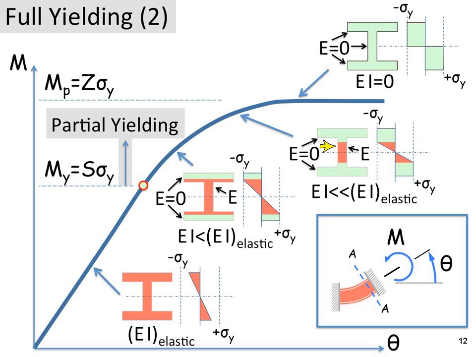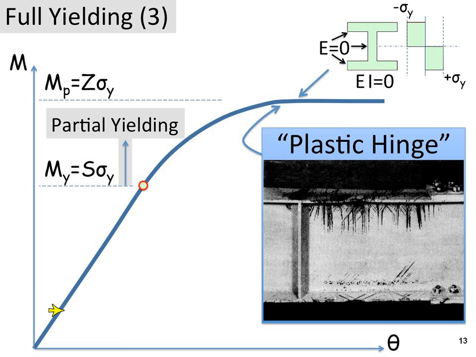Eventually, once we lose those flanges, it's quite a hit, so we've lost quite a bit of stiffness now, but eventually we'll completely squeeze out all the elastic strength of the member, and we'll get full yielding. And at that point, according to our assumptions that we're not going to include any strain hardening, we basically have no stiffness left. And with no stiffness, we're going to get an unbounded amount of rotation. Now, one of the things that I'd like to point out is that